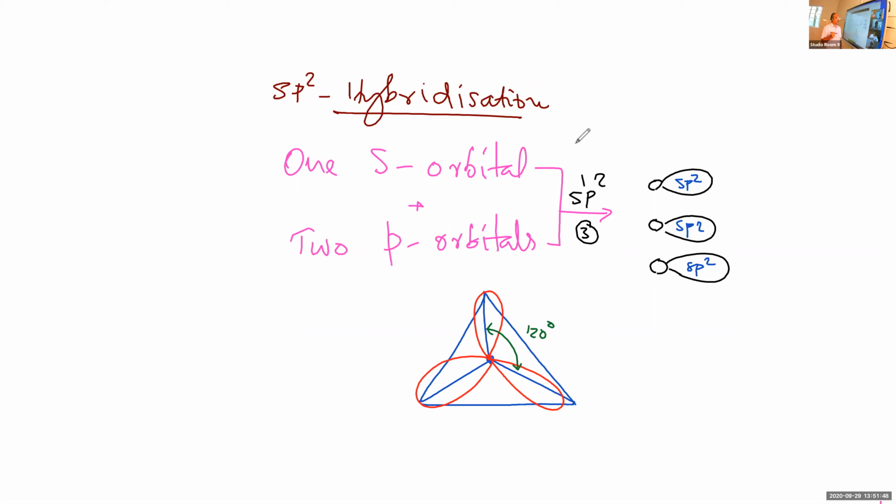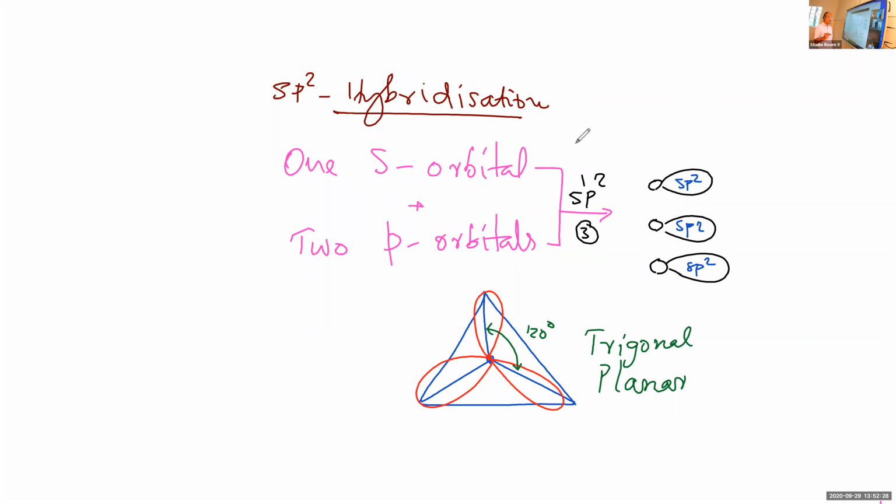Such molecules are trigonal planar, or triangular planar, molecules with a bond angle of 120 degrees. So if there is sp2 hybridization, the expected bond angle is 120 degrees and the geometry is trigonal planar